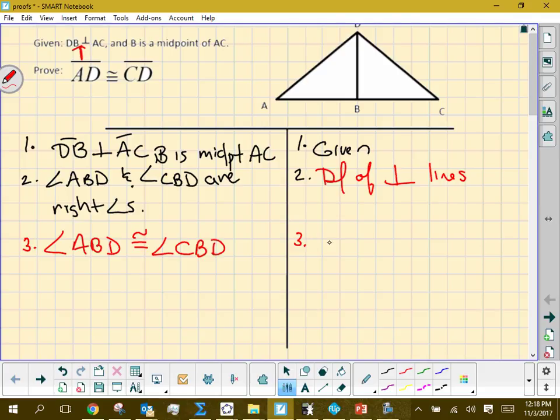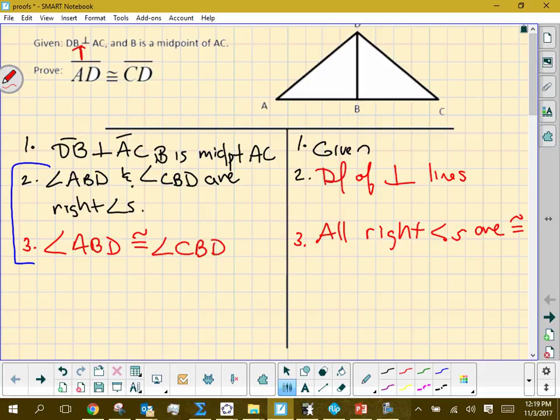And our reason, if you remember, we had a theorem that said all right angles are congruent. All right? Now, I know some of you are saying, well, why do we have to take 2 steps to do that? We had to do 2 steps here because I look at those 2 statements and I say right away, off of the fact that the lines are perpendicular, I know instantly, yes, those 2 angles that I develop are going to be congruent. But in my proof, I have to be more deliberate and specific with my statements because